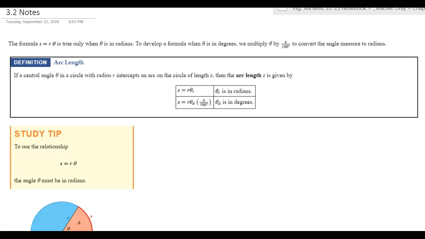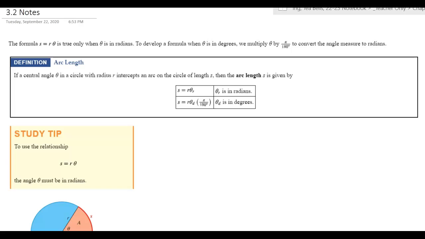Here in 3.2, we're going to continue talking about our theme of radians. And then we're going to actually start finding some measurements in reference to a circle. So the first equation we're going to talk about was kind of a nice to know topic in geometry, not necessarily a need to know, so we're going to revisit it. Not that it's super difficult, it's just another formula that you can learn, and you're basically going to plug in